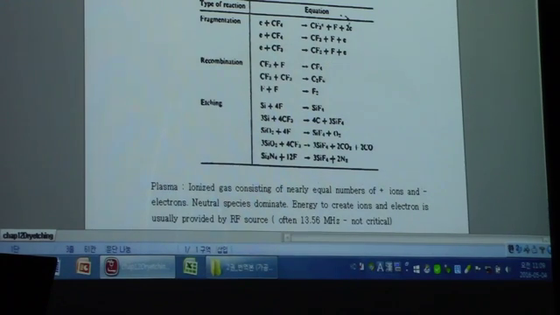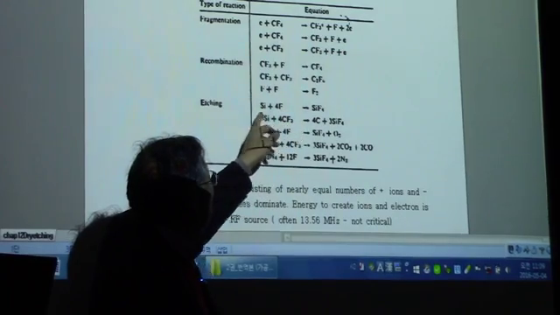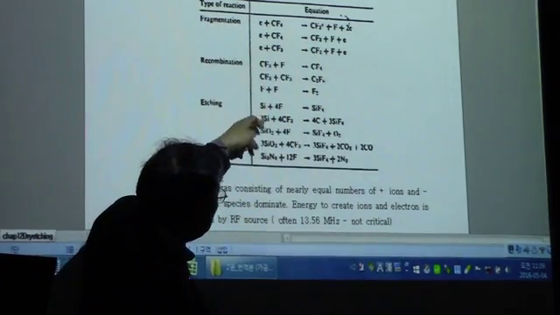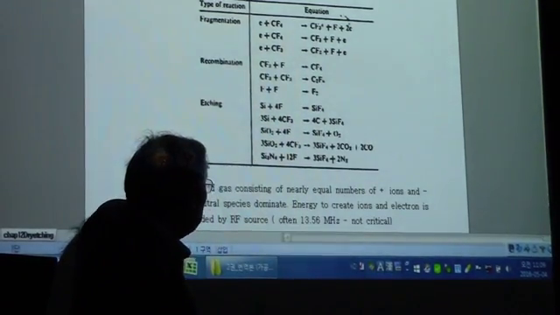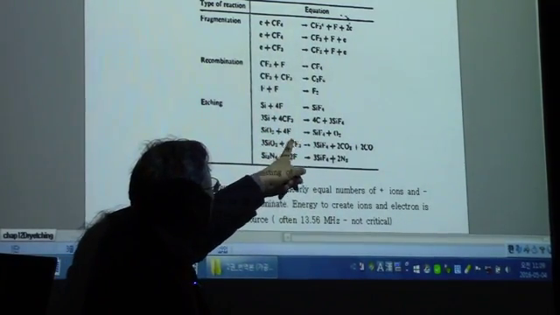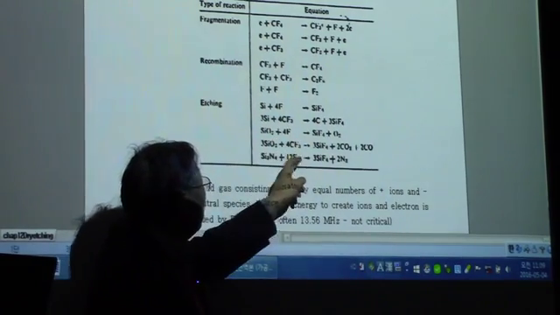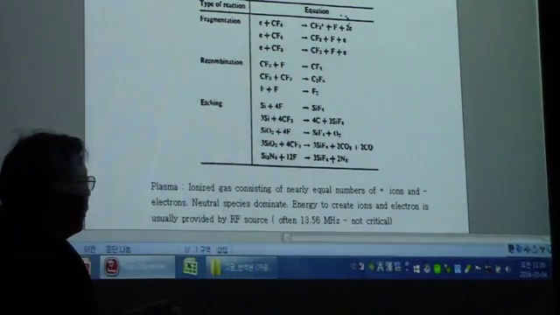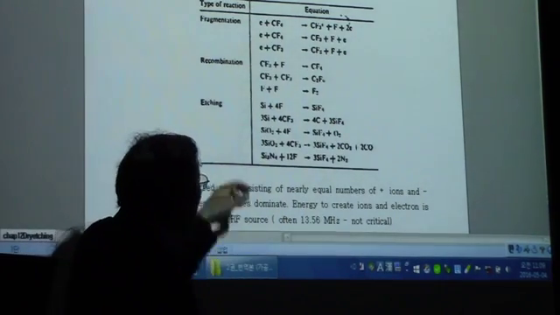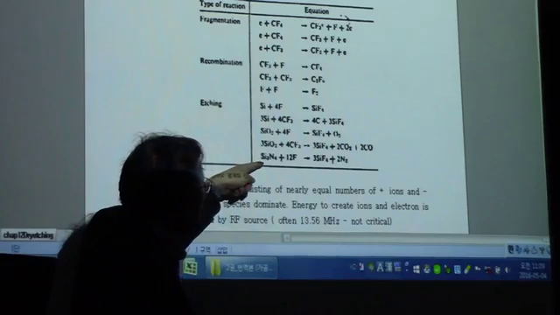Okay, and the etching happens with this F atom with the etching substrate. Okay, so this F or CF3, those two fragmentized elements are going to work as an etchant to etch silicon or silicon oxide or silicon nitride